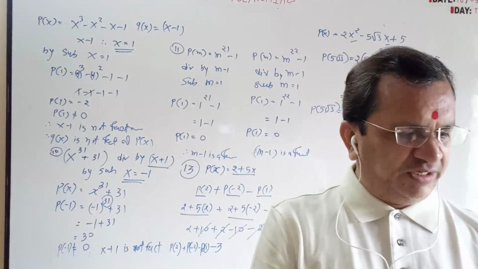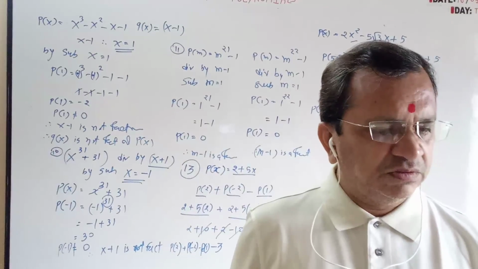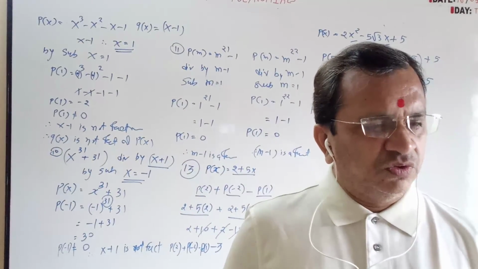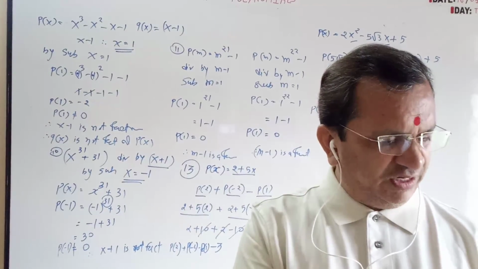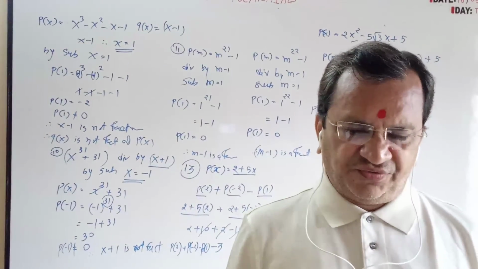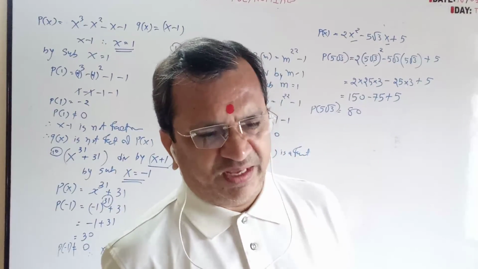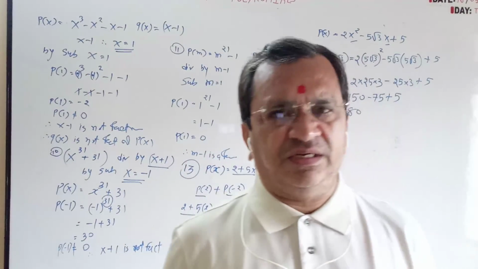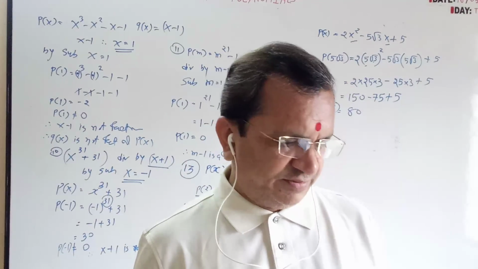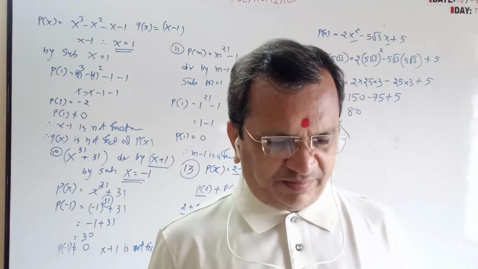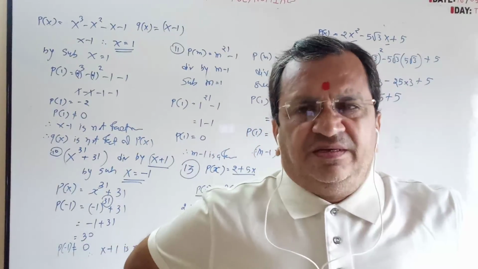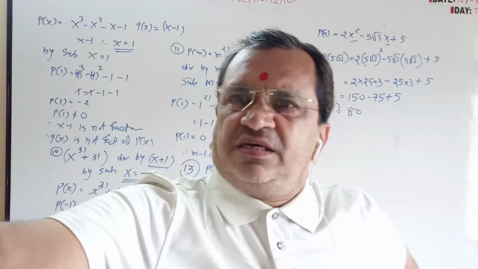In the problem set, only 1 to 10 are there. 11, 12, 13, 14, 15 are cancelled as per the 25% reduced syllabus. So now only the factor method remains. This substitution method, it is very